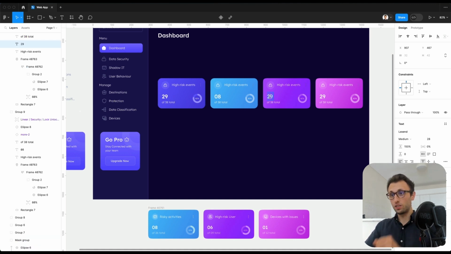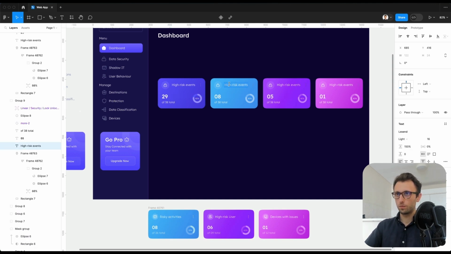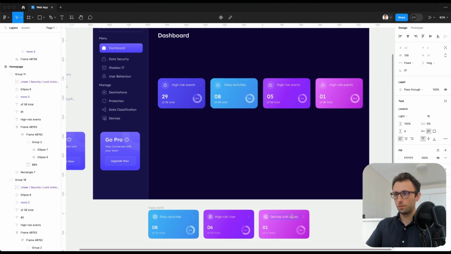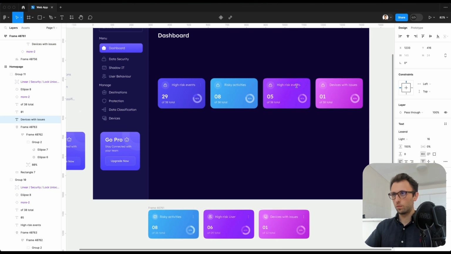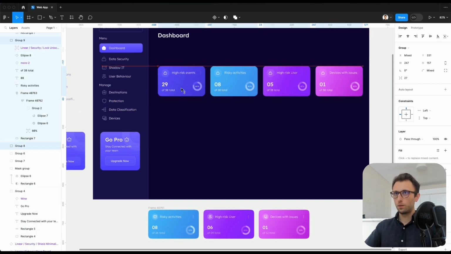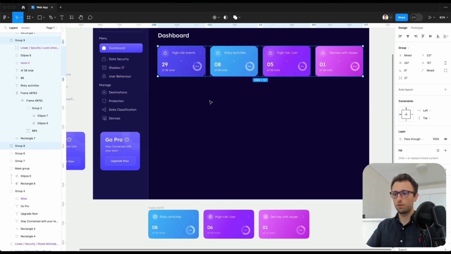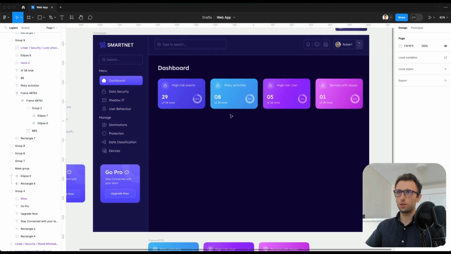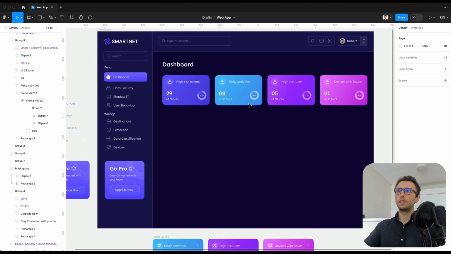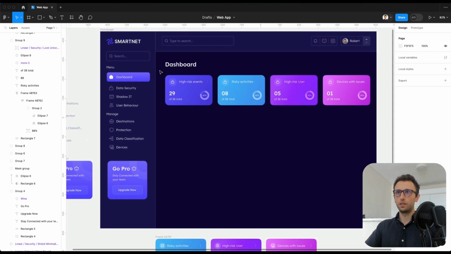Going to change the number. All right, so we have this top section as well, and now we are going to continue with the second part,